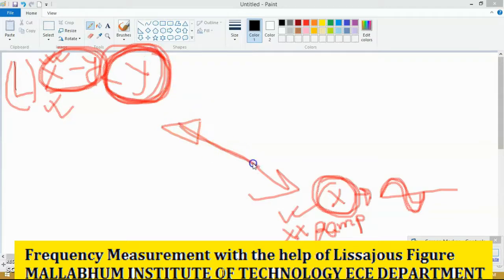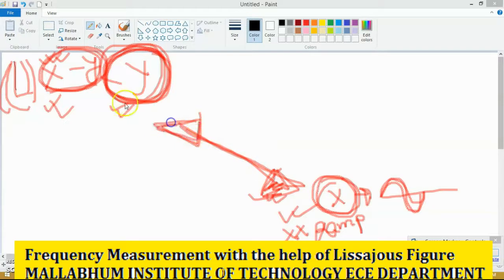We are getting the combination of the waveform for these two plates. Then the figure is not this and not this; we are getting a figure between them, which is called the Lissajous figure, and from that Lissajous figure we can measure the unknown frequency and unknown phase. Now, in the case of frequency measurement with the help of the Lissajous figure, we are applying